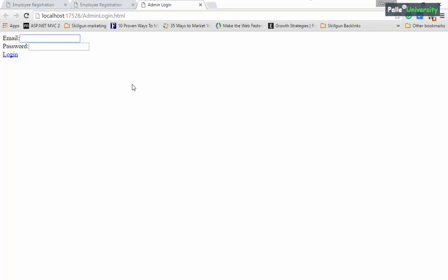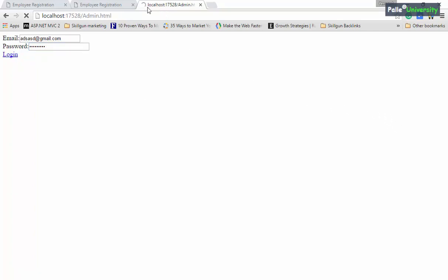Now you can see some email here, and this email should contain an email ID only. In case you are having a button control, if you click on the button control, definitely it will show you an error message stating that you have to insert a valid email ID into the text box. Similar way, when you are typing some password here, it will show you dots, and when the user clicks on login, you observe the user will be redirected to admin.html.